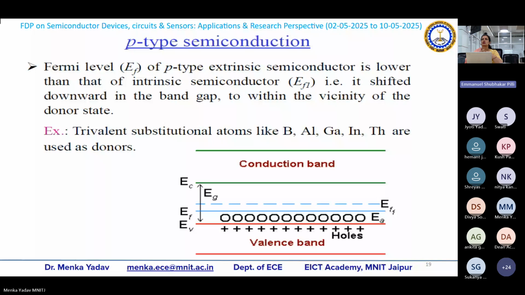Another one is P-type semiconductors. In P-type semiconductors, like boron, aluminium, gallium, etc., the EF is going to go to the valence band side because we have many more holes available. Aluminium means there is a vacancy of an electron. A vacancy of an electron we denote by a hole. So it means more holes are there. More holes are available in the valence band, right? Now, along with these, what other things are going to happen?